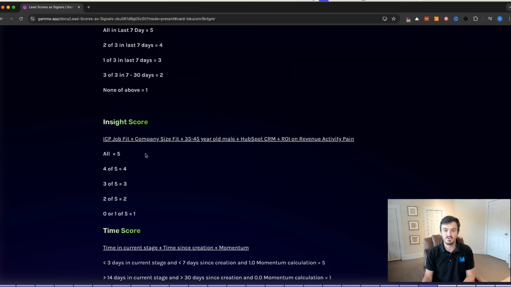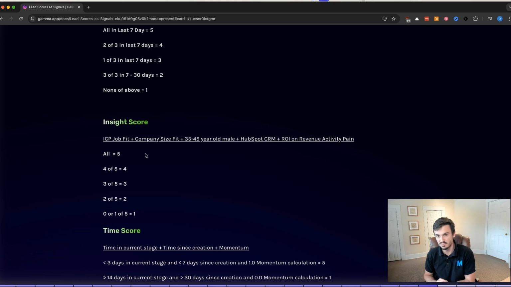And then we go to the insight score, which would be an example. An example would be of ICP job fit plus a company size fit plus 35 to 45-year-old male plus HubSpot CRM plus ROI on revenue activity as the pain. So this is an example of something that we would use as a company if the job title is something like a CMO or a CSO, and then the company size is somewhere between 50 and 100 people, and then the person who we are interacting with is a 35 to 45-year-old male, and they use HubSpot,